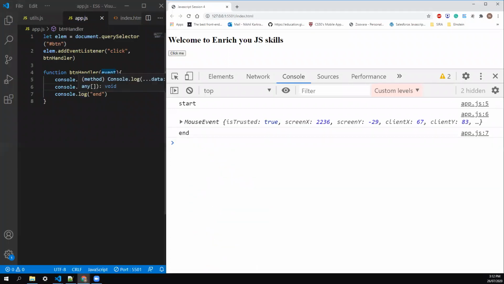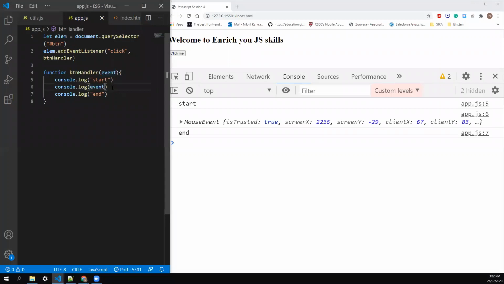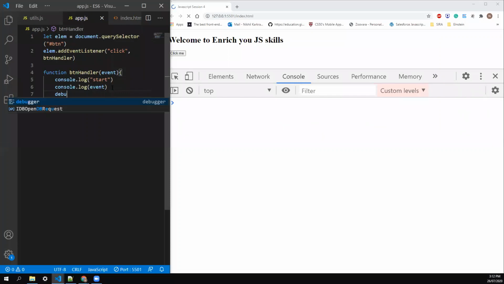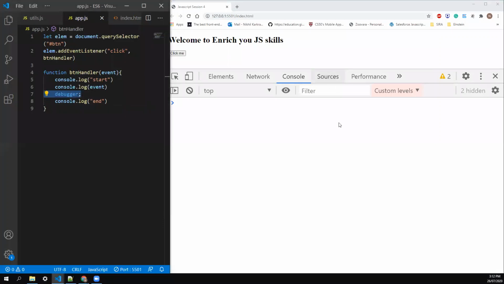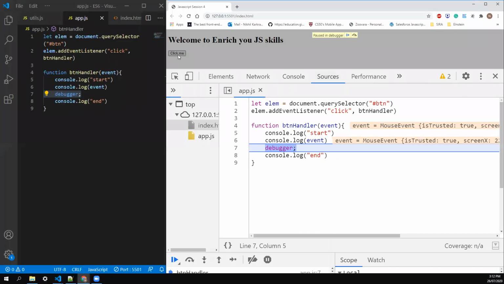In real time, if we want to stop our execution at a particular point and we don't know how it's going to happen, JavaScript gives us a keyword called debugger. Just add this debugger and save your code, and once you hit the click me, it immediately stops the execution at line number 7 in the browser. So if I hit it now, you see it immediately takes the control, stops the execution wherever it finds the debugger